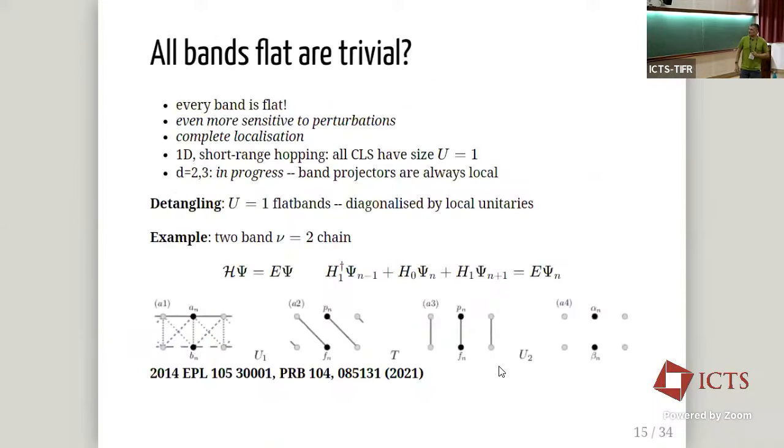Okay. So far I was talking about a single flat band. Now I'm going to consider an even more fine-tuned case, but which will be relevant for the scenarios where I'll consider the perturbations, namely what happens if you require all the bands in your system to be flat. This is obviously even more sensitive to perturbations, and quite obviously this corresponds to the case of full localization. The particles cannot move since all the group velocities are zero.